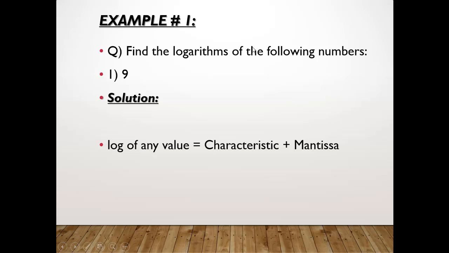Like if we see in this question there is only one digit, that is 9, and as we all know, any value that does not contain a point always has the point at the very right hand side of that value. Okay, that means we can also say that in this question only one digit is before the decimal point. To write the characteristic, we have to subtract 1 from the total number of digits before the decimal point, and there is only one digit before the decimal point. That means we have to subtract 1 from 1 and our answer will be 0. So the 0 is actually the characteristic in this case.